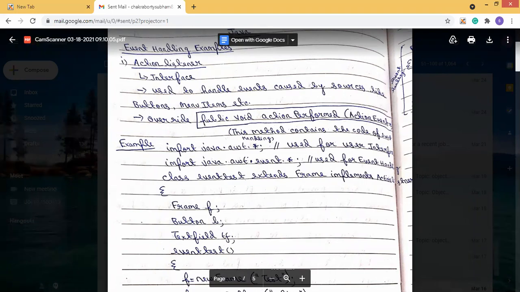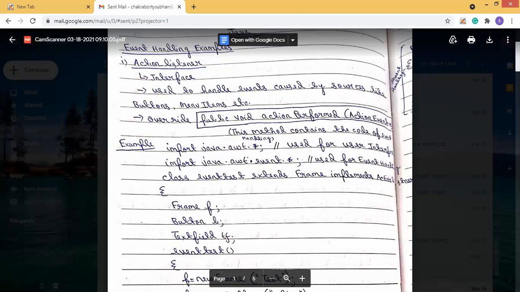It is used to handle events caused by sources like buttons, menu items, etc. Means if that type of source creates an event, this type of event is handled by this action listener interface.